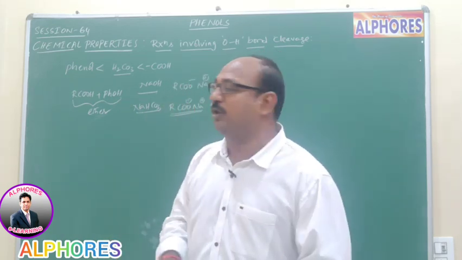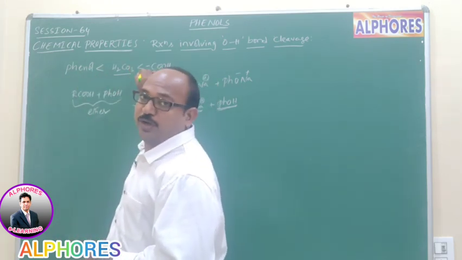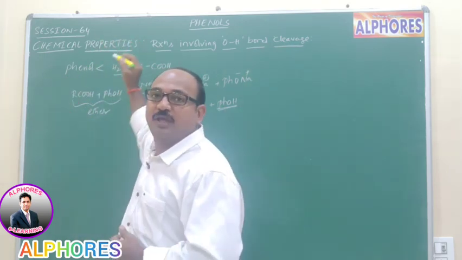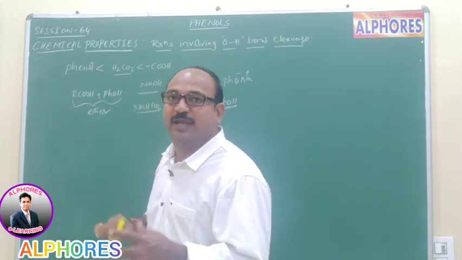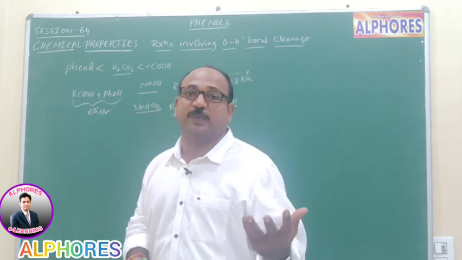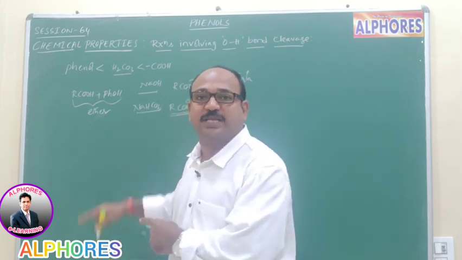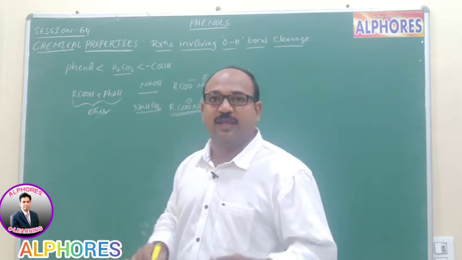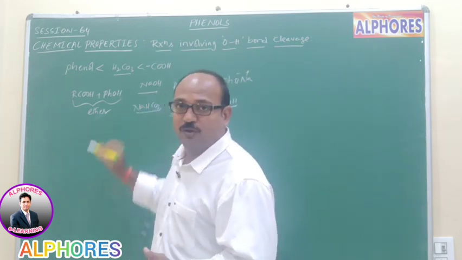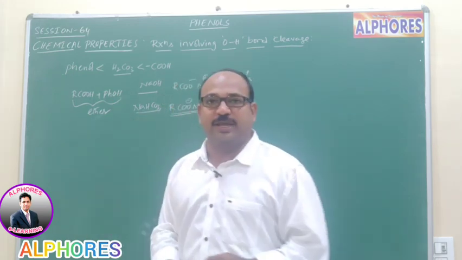Why does it not react with phenol? If you observe the acidic nature, phenol is less acidic than carbonic acid. That means phenoxide, the conjugate base of phenol, is a stronger base than the conjugate base of carbonic acid. So if we assume a reaction between NaHCO3 and PhOH, the expected product is sodium phenoxide, PhO minus Na plus. But sodium phenoxide, being a strong base, would again abstract a proton from carbonic acid. That's why we do not see any reaction between sodium bicarbonate and phenol. So from this experiment it is very clear that phenol does not react with sodium bicarbonate.